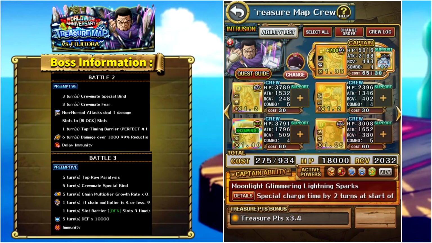In stage number 2, because we get only crewmate special bind, but we also get crewmate fear, that means that our crewmate sailor abilities cannot apply. So even if you do have a crewmate that can resist and then with the special remove special bind, that cannot help you because of the fear being present. So by having Sabo as a friend captain, we can activate him to remove special bind from everyone and also